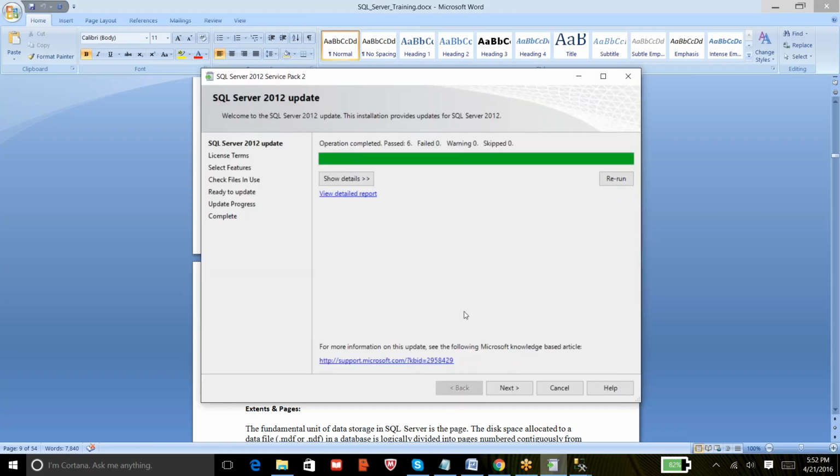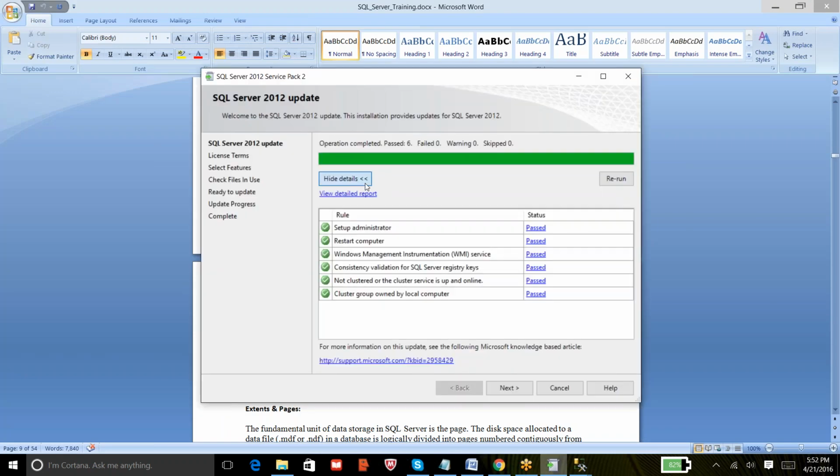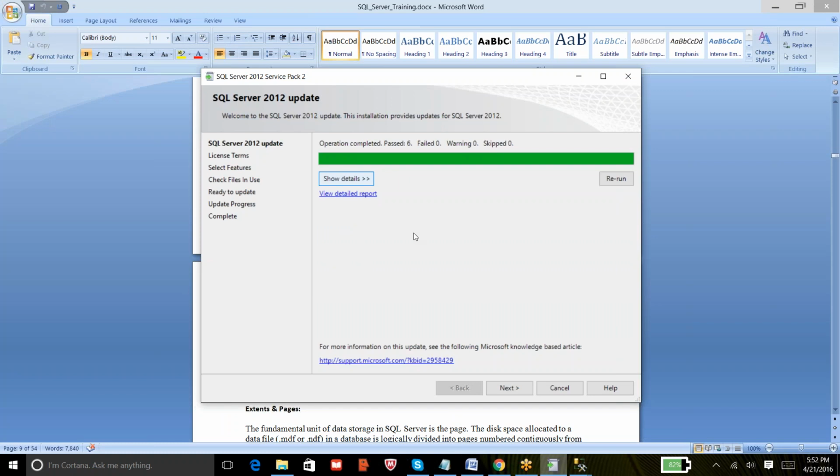Okay. This is for the service pack upgrade which was pending in our last class. So let me quickly take you through that. Once we install the base version, it is recommended to apply the latest service packs on SQL Server.